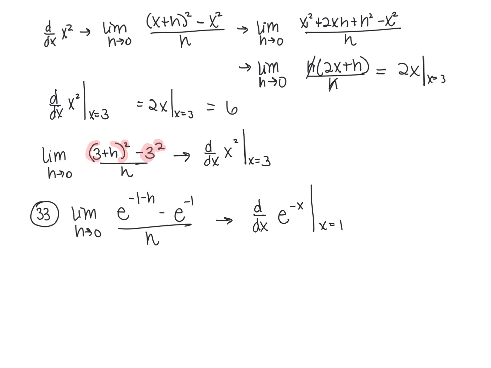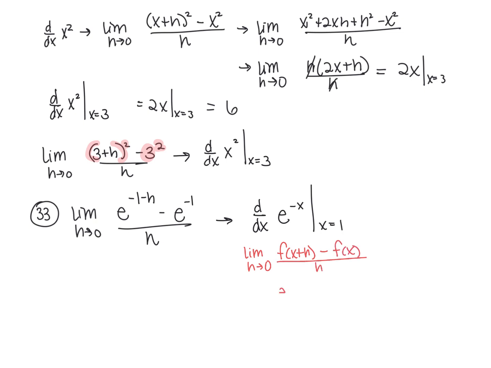Let me explain why. If what we're working with is e to the negative x, and I use the limit definition of a derivative, which says limit as h approaches 0 of f of x plus h minus f of x over h,